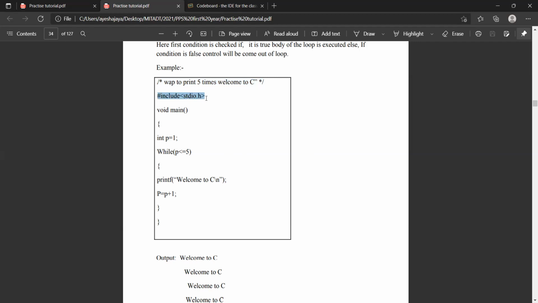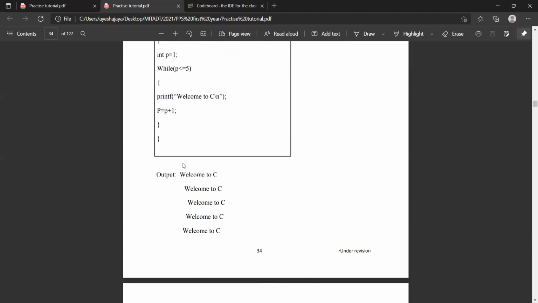This is the pre-processor directive stdio.h. From the name itself, it is clear it is for input-output console. So this is a header file which we include so that we can use printf and scanf very easily. Nowadays, in all the embedded compilers or even all the IDEs, this is inbuilt. Even if you do not write it, you may not get an error. So you can try it out, just for exploring.